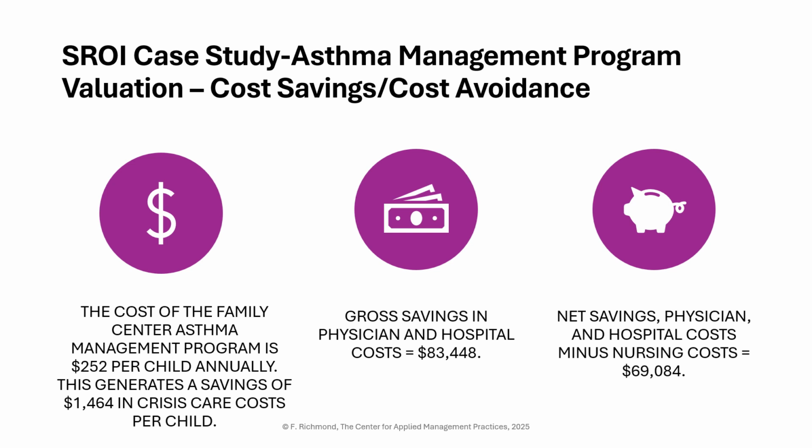So let's look at how we designed this. You saw the savings there, $250 per child annually, and net savings and crisis costs of $1,464 of the whole program. When you added up the savings to the physician and the hospital, $83,000, we took her salary away at the time, whatever she was getting paid, and basically it netted out at $69,000. That's your cost savings. So again, as I mentioned earlier, the hospital saved the money, society saved the money. That money did not go back to pay for the salary. That's what's missing in our system.